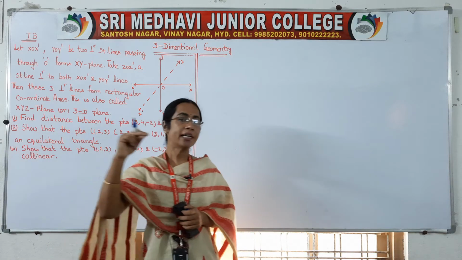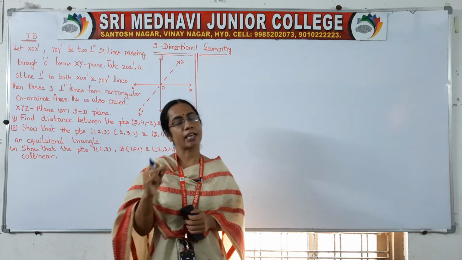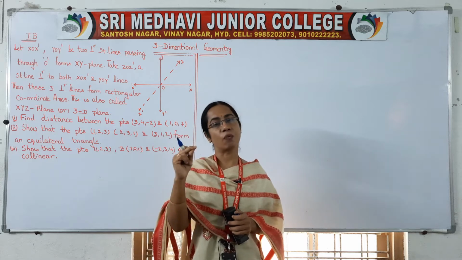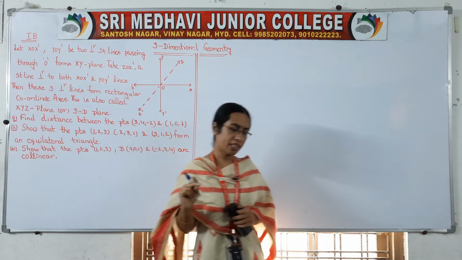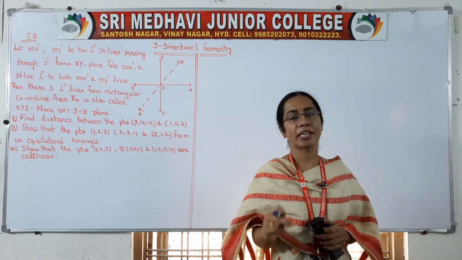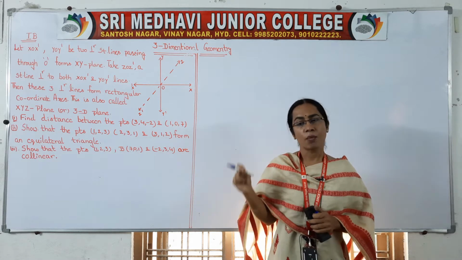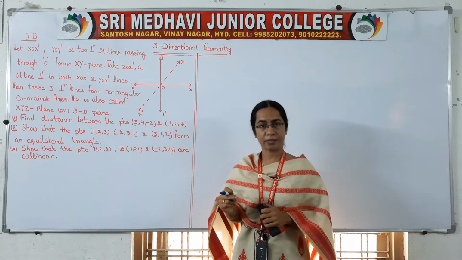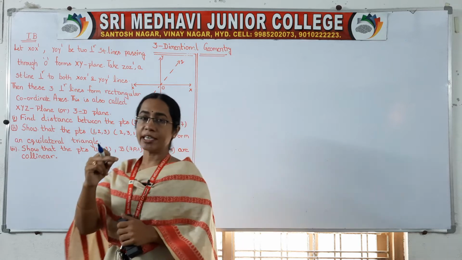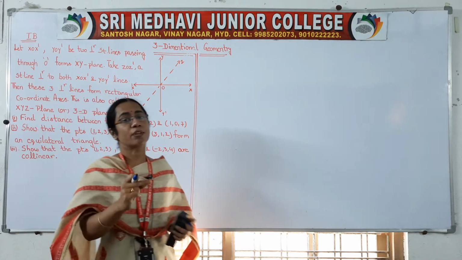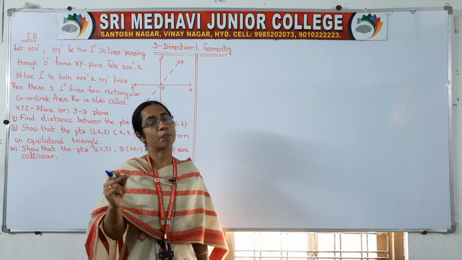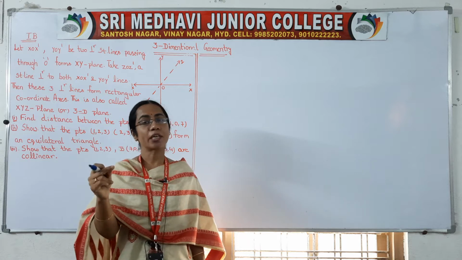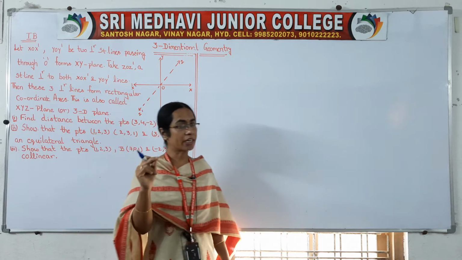So in 3D you will have three axes, x axis, y axis, z axis. In 2D you will have only x and y axis. Coordinate axis we discussed in straight lines. What is coordinate axis? The point of intersection of x axis and y axis is said to be the coordinate axis, isn't it? So in 3D one more axis will be there, that is the z axis, which is perpendicular to x as well as y, right?